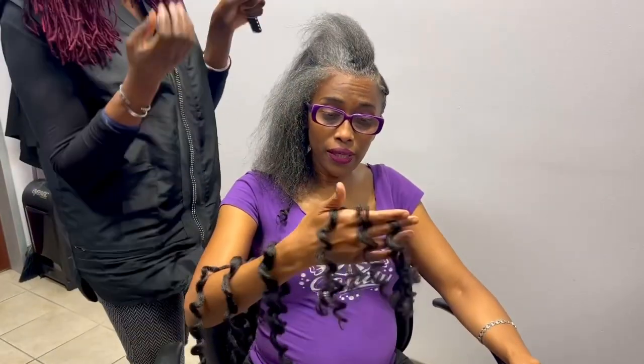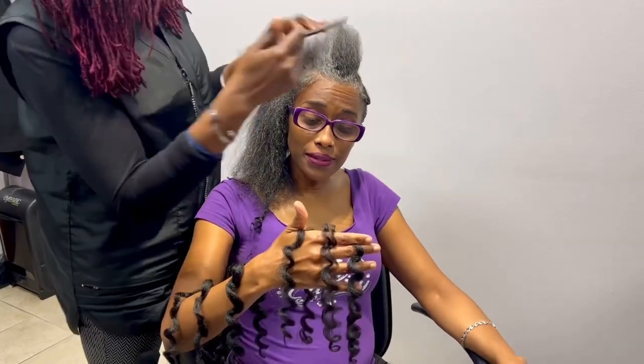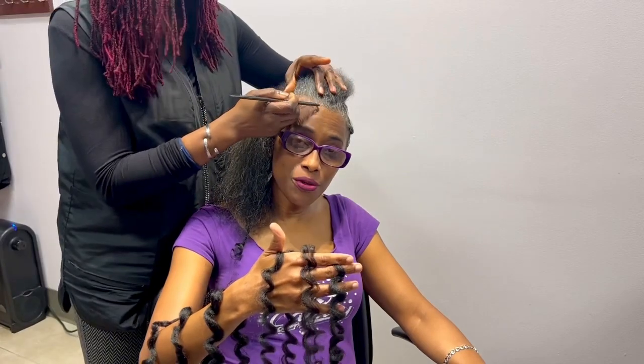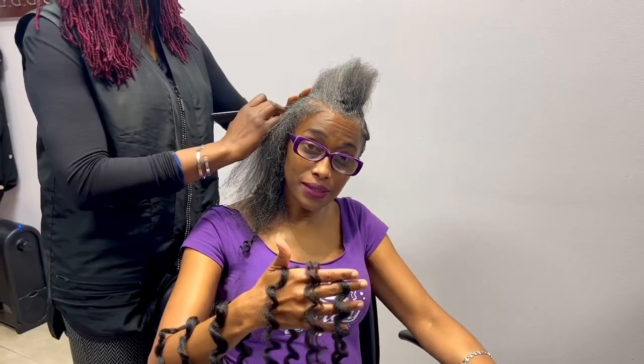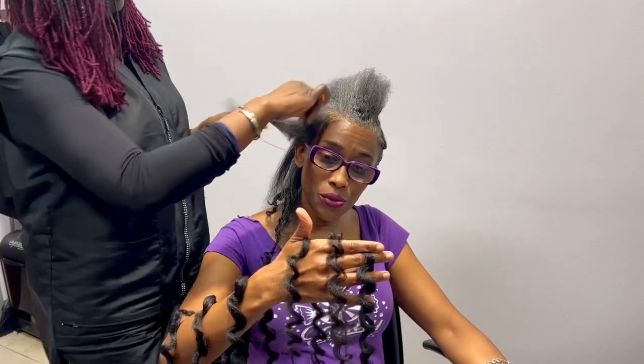Hey guys, so again, I'm in the hair salon and I am getting this protective style. It's just something simple, just 4 or 5 flat twists, but I want the twist to stay a little bit longer. So my stylist, Danita, hey Danita, is adding a little bit of hair, and this is definitely going to help